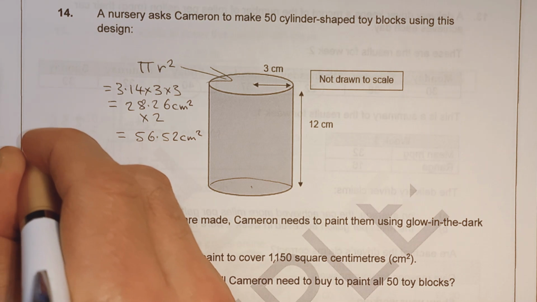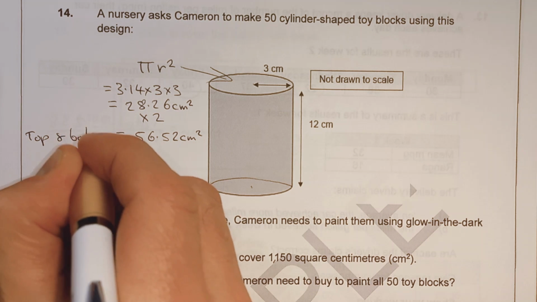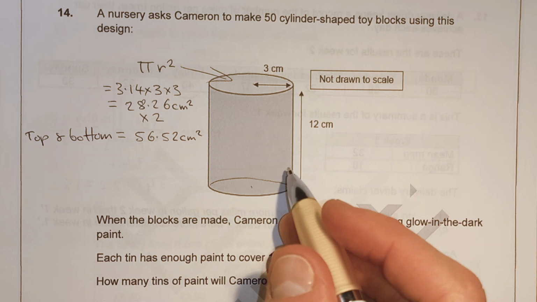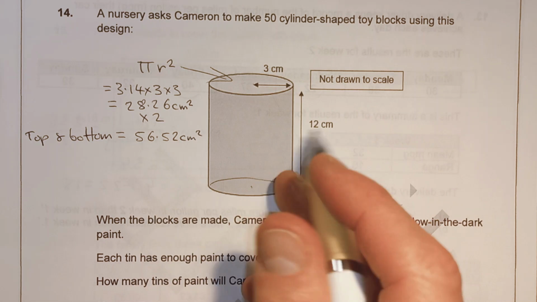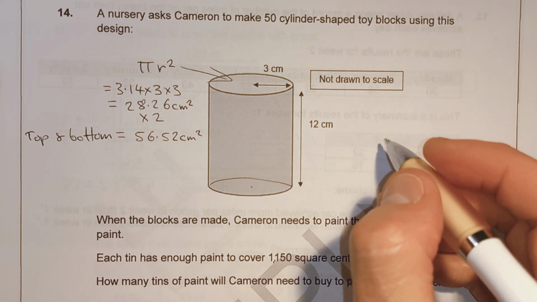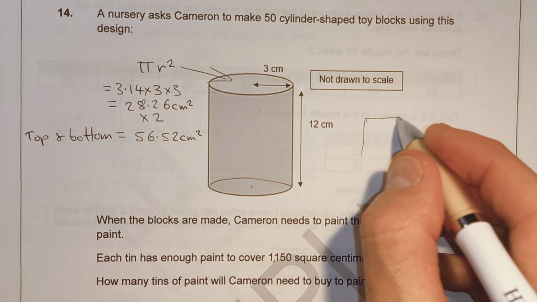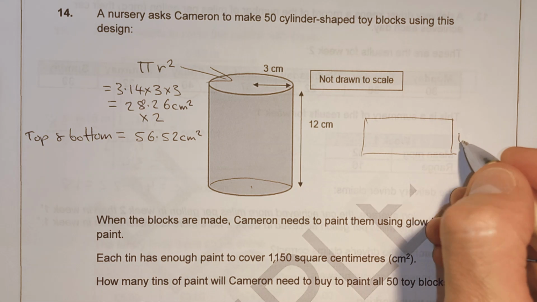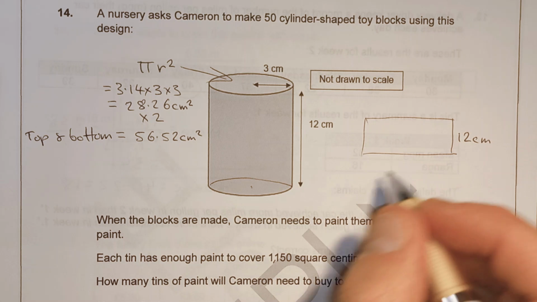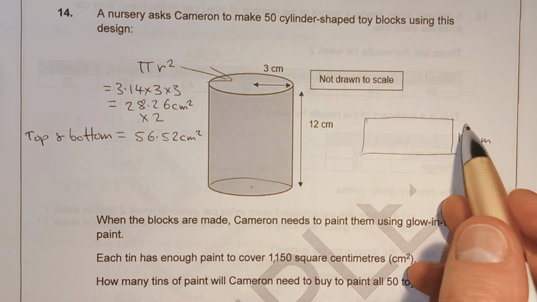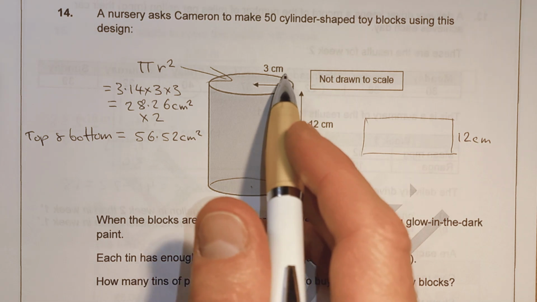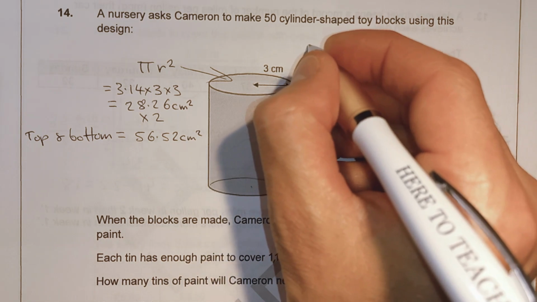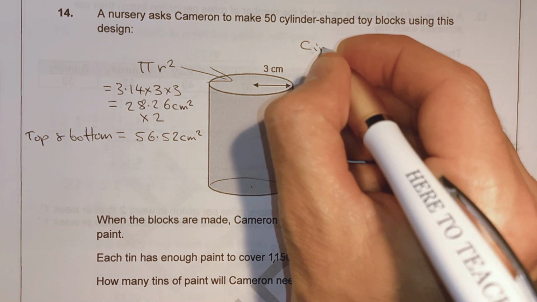So I'll put top and bottom. Now we want to work out this round bit on the outside. And if you unrolled it, you'd get a rectangle which is 12 centimetres high. And the length of the rectangle is going to be the distance round that circle. So we want the circumference